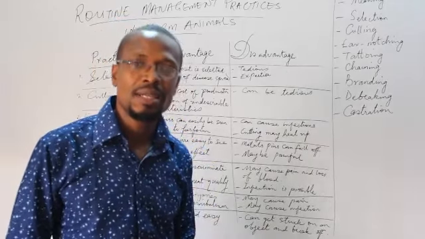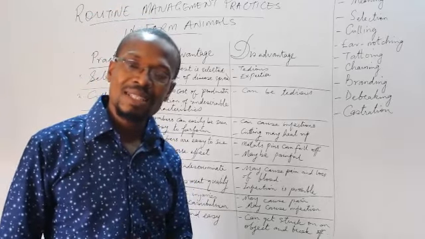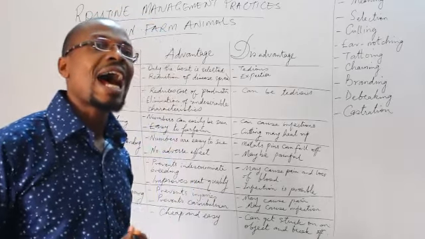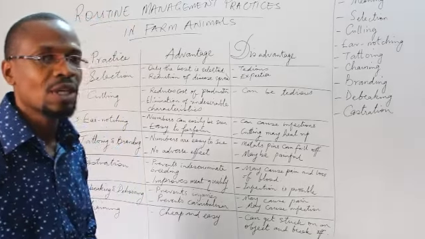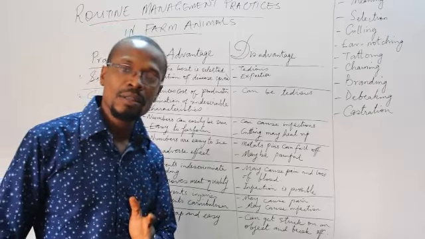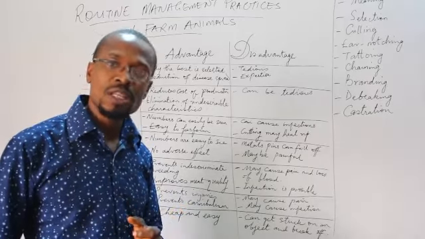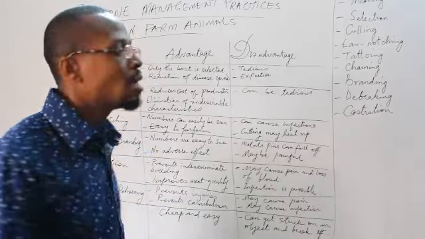You call it a routine. So these practices that are carried out from time to time on farm animals in order to ensure that they are safe, they are healthy, they are at optimum production, is what we call routine